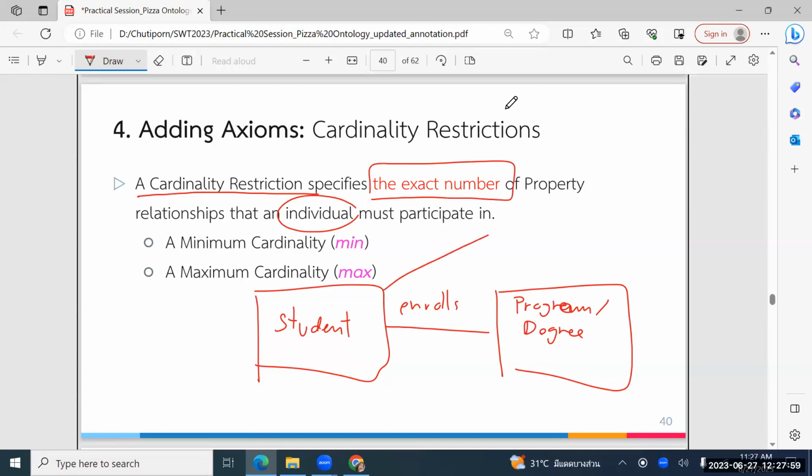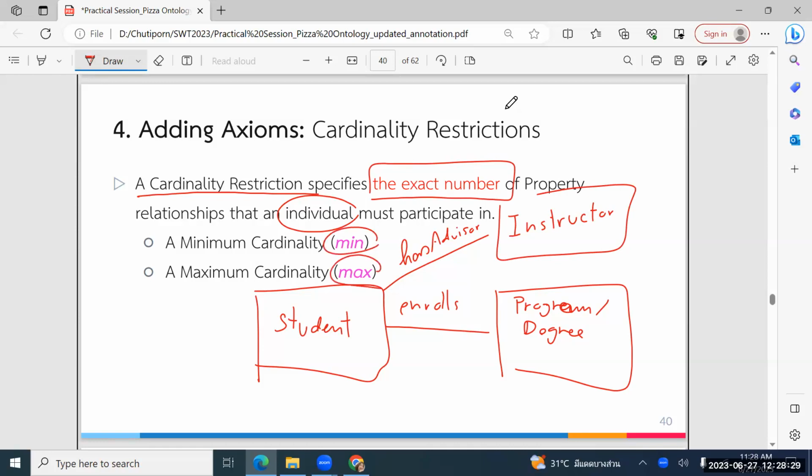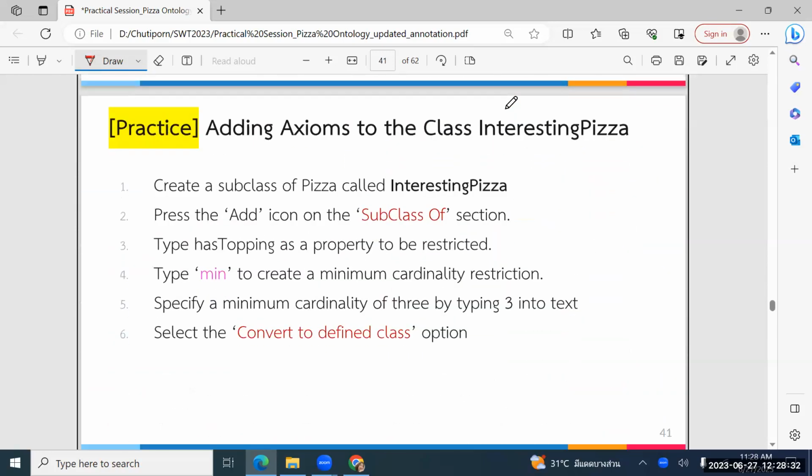Or you may have an advisor, only one faculty, one advisor. So this also has cardinality 1 for the has advisor property. Something like this. So you can define min and max cardinality for a particular property,